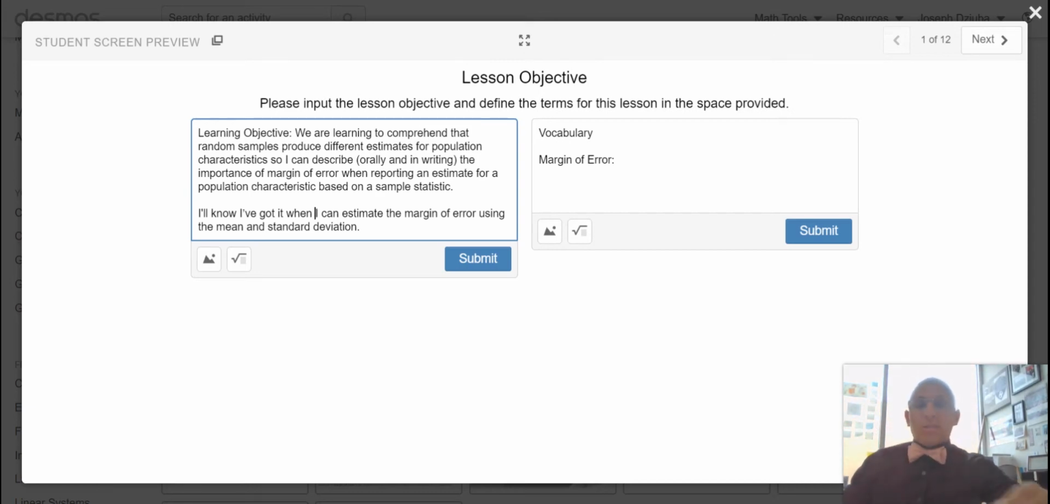All right, scholars, let's pick up where we left off, building on this idea of a margin of error. So we are learning to comprehend that random samples produce different estimates for population characteristics, so I can describe the importance of margin of error when reporting an estimate for a population characteristic based on a sample statistic. That's a mouthful. I'll know I've got it when I can estimate the margin of error using the mean and